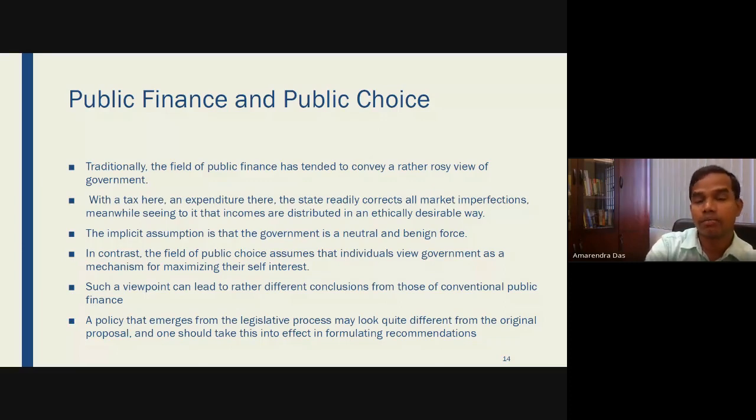But that is not true, because I have told you in earlier lectures that government is not the nation. Nation is a much bigger concept or idea than the government. Government is only representing us, and it is trying to serve us. That does not mean that government is the nation. And government can fail, government can try to maximize the benefit of the political party, or a few people. Government can only serve a few sections of the society.